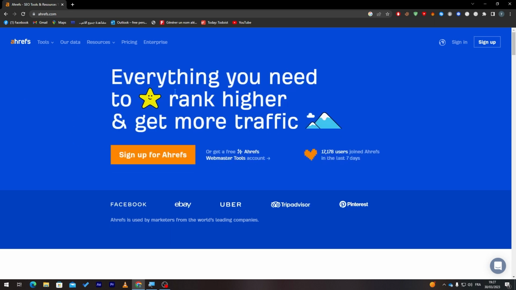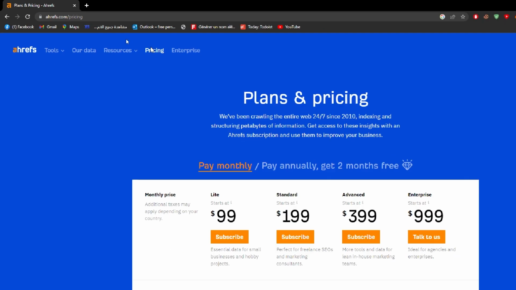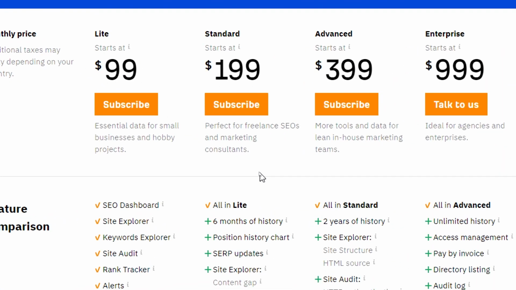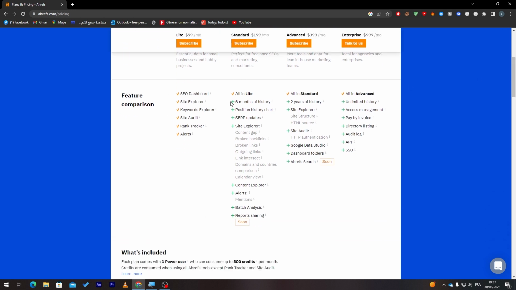Only for you to know, this tool is actually paid. So if we go to the menu and click on pricing, you'll find all the pricing that you can get from this website and all the packs. There is the lite one, standard one, advanced one, and the enterprise one. Each one of these has its own features. So you can compare them with each other, and then choose the one that will be compatible with